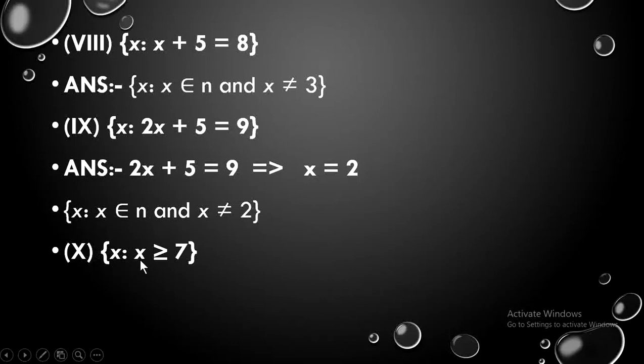Then next one you see, x is less than or equal to 7. That is x will lie from 1 to 7. Okay, 1, 2, 3, 4, 5, 6 and 7. That is the values of x. Okay, because it is natural numbers, it will start from 1, not from 0 or negative numbers. So that is the value of x, and then you need to find the complement of that. So when you do natural numbers minus the numbers 1 to 7, you get the rest of the numbers. That is, the number should be greater than 7. So again, the opposite over here is x should belong to natural numbers and should be greater than 7. Just the opposite. That is your complement.